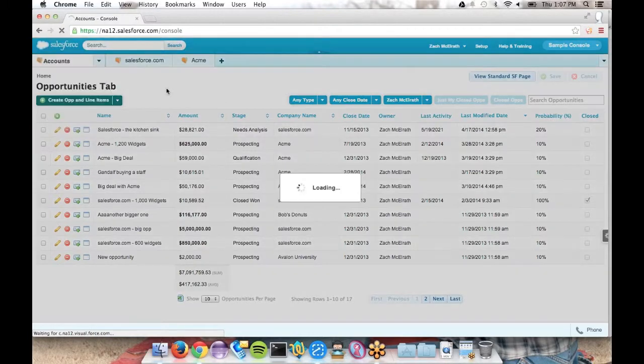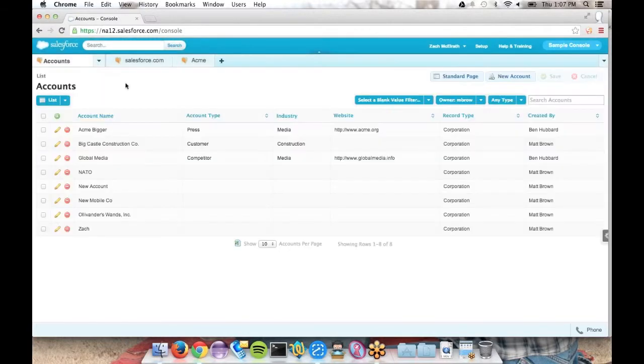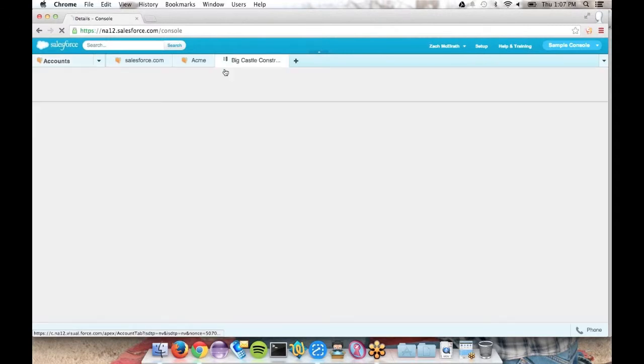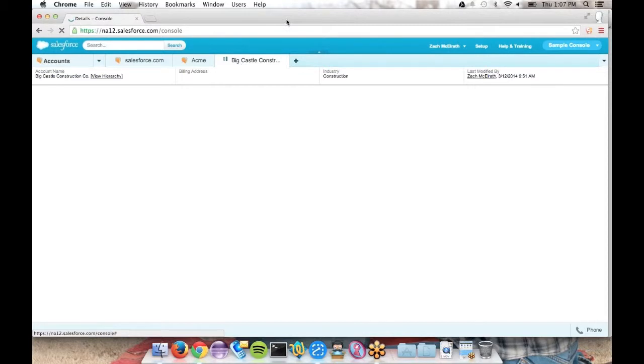So if I pop over to accounts, this is now going to bring up our accounts tab view, which we have overridden with Squid. We'll talk more about that as we go along. It's going to bring it up here, and then clicking on a particular record is going to bring up that record in one of these tabs.